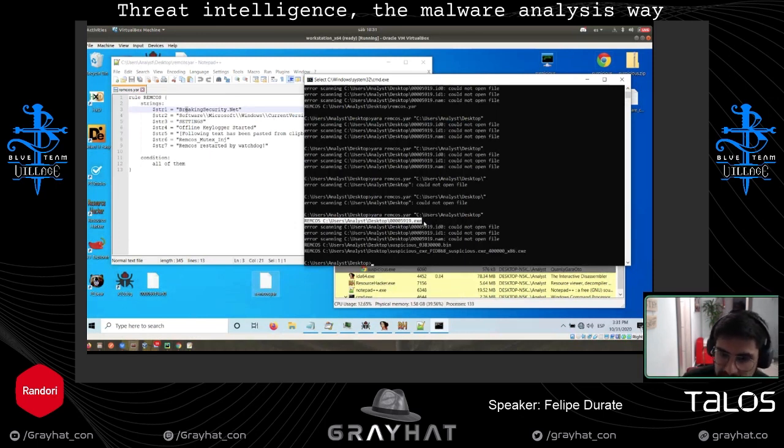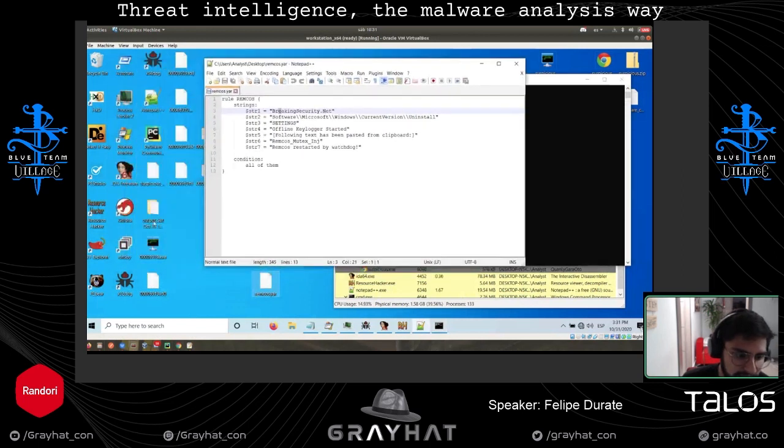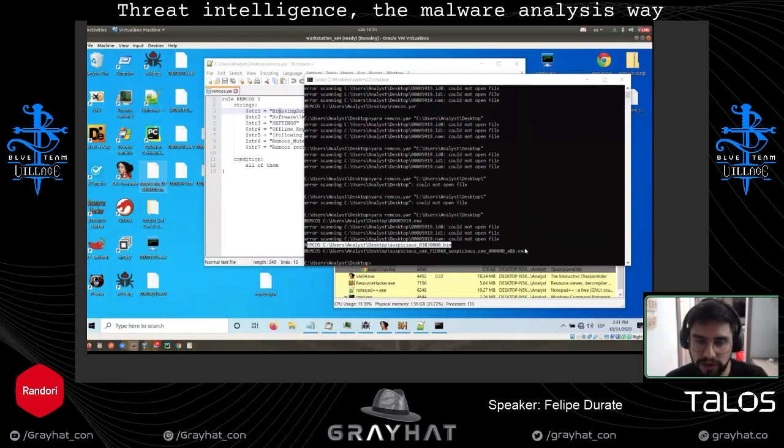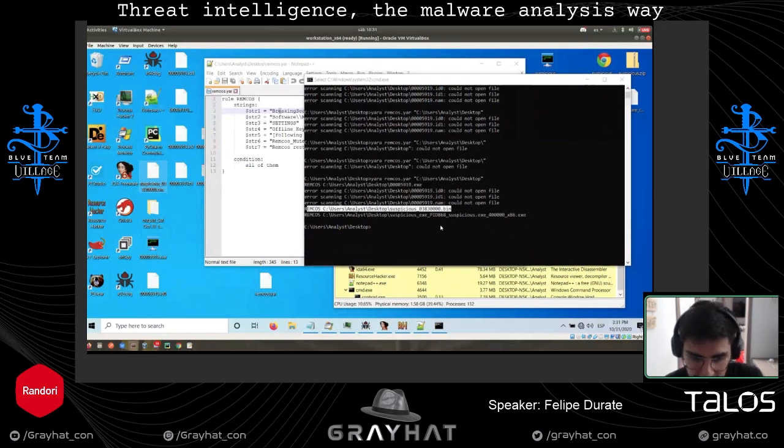I find in my desktop 3 Rancos. So we found Rancos in the unpacked file, which is this one. We found another Rancos in the suspicious.bin, which is the memory dump that I extracted directly before the malware wrote the new process memory.